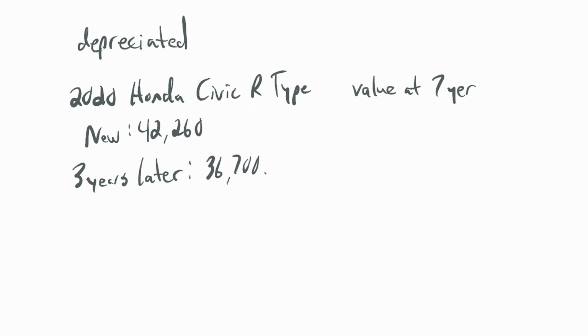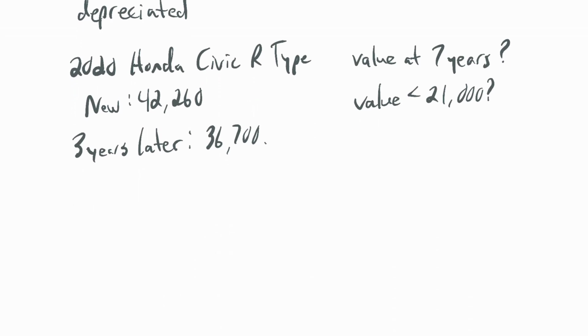Because that's when the extended warranty runs out, so I kind of want to know that. I might want to get a new one at that point. And then we could even ask, when is the value, when does it hit, or when is it less than, say, I don't know, 21,000, half the value? And maybe these are actually the same question. I haven't worked this out ahead of time, so we'll see how it goes. Well, what I can do is say, well, this new,